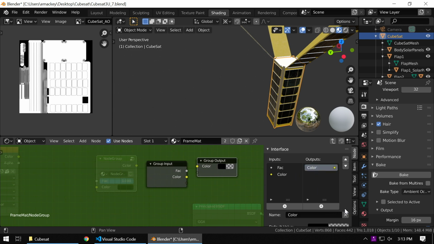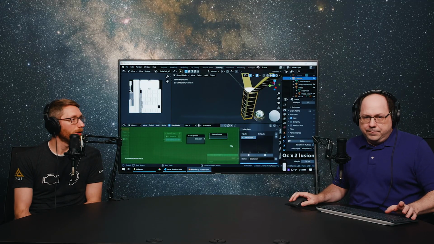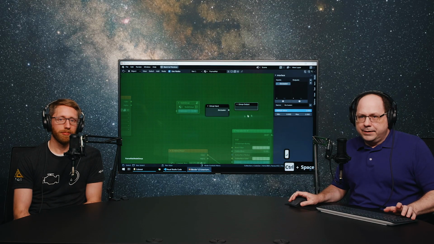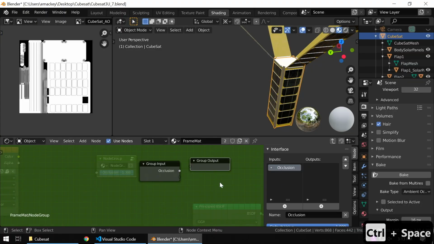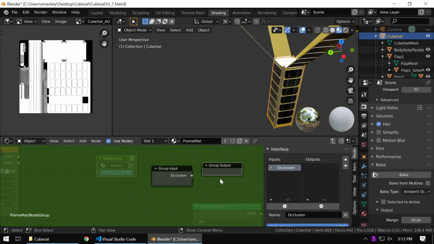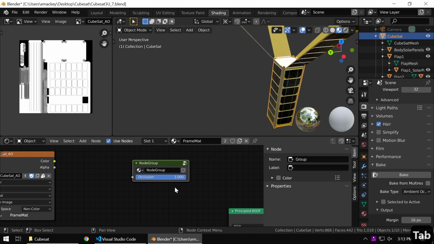And I actually don't even need an output from this. I'm just talking to the GLTF exporter, and it just needs an input. And the input in particular it's going to need is called occlusion. Okay, so this is an important keyword because the exporter is going to look for this occlusion property. It will, yes. And it actually needs to be spelled correctly for it to find it. OCCLUSION. So there's your occlusion input,